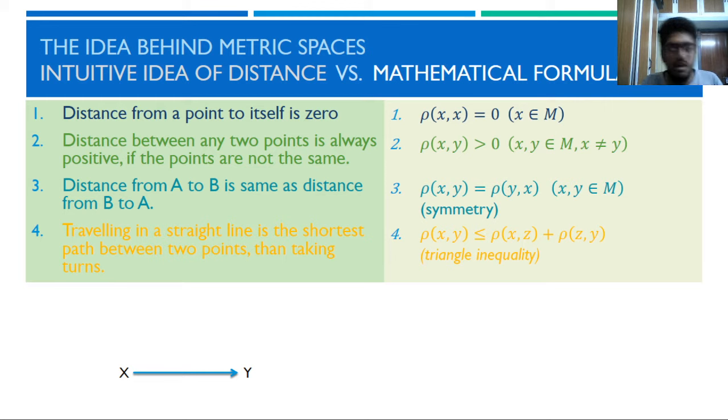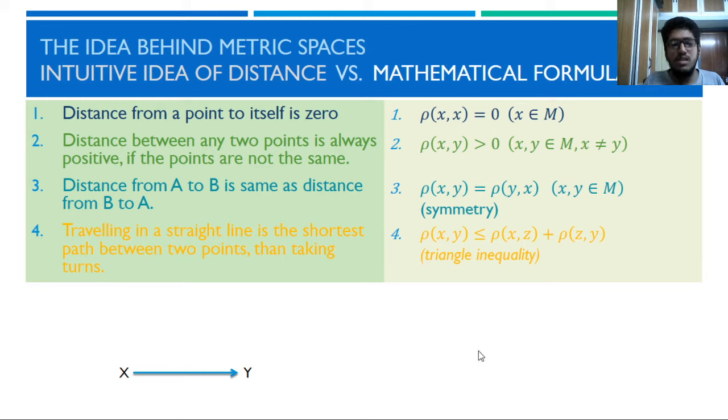So let's look at the second condition. It says rho of x comma y is greater than 0 when x is not equal to y. It's highly intuitive, right? Given x and y, if someone is walking, suppose Kezia is walking from x to y, definitely the distance she traveled is going to be a positive distance. Now, even if I am walking backwards, I can only travel a positive distance. So the second condition turns out to also be something inspired from distance.